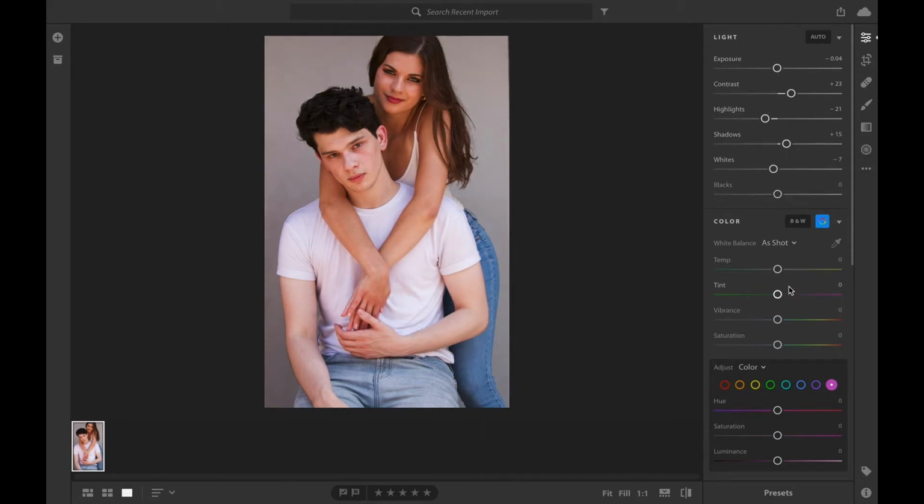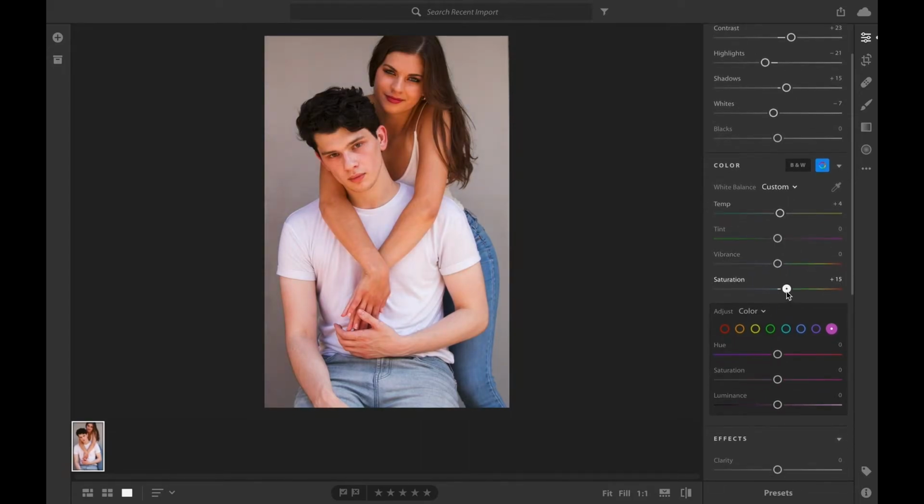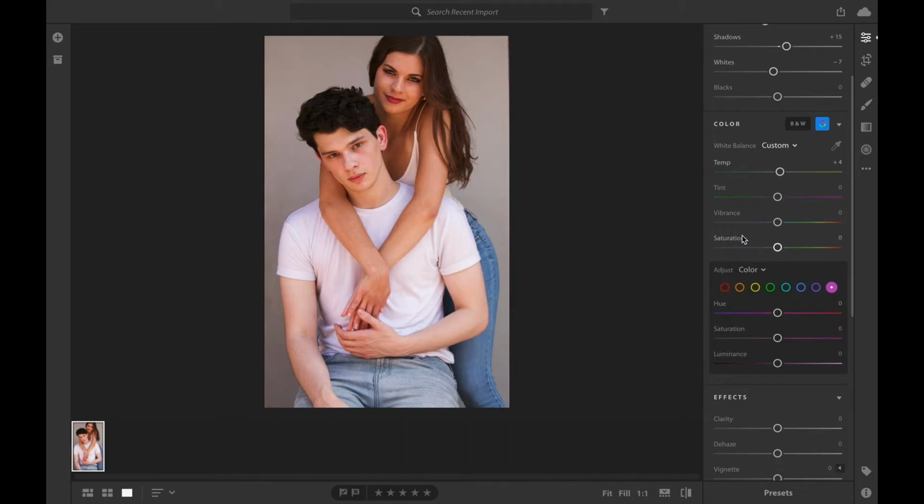And then we're gonna make the temperature a little more. Saturation up a bit. Actually, no, we're gonna keep it how it is. And then once you get down with this, the tint basically just makes it greener or more pink. Once you get down to the actual color options, you can go in and get rid of skin tones, or say, like, I didn't want Anna's pants to be blue. You can go in and get rid of the blues. So you can selectively pick out colors that you want to change and get rid of,